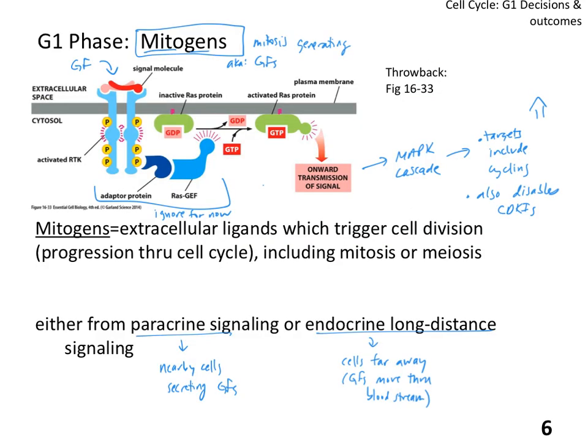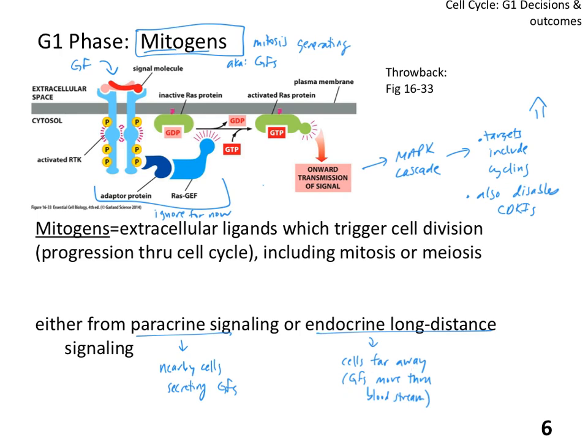This should sound familiar, but it is a key take-home message for the course, so I'm going to run through it real quickly again. Remember that G1 phase is primarily determined by the presence of mitogens, which are mitosis-generating molecules, also known as growth factors. So mitogens are these extracellular ligands that can trigger cell division, in other words, progression through the cell cycle, which includes mitosis or meiosis. And so mitogens can arise either from paracrine signaling from nearby cells that secrete growth factors,